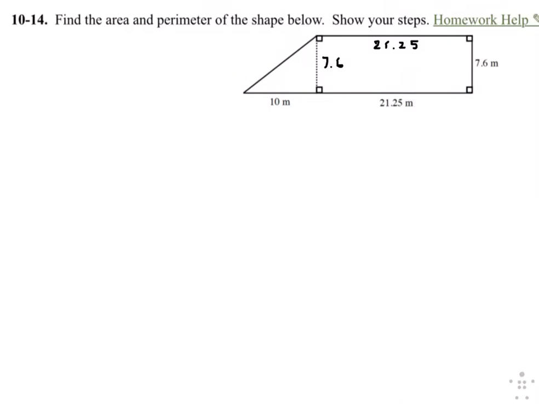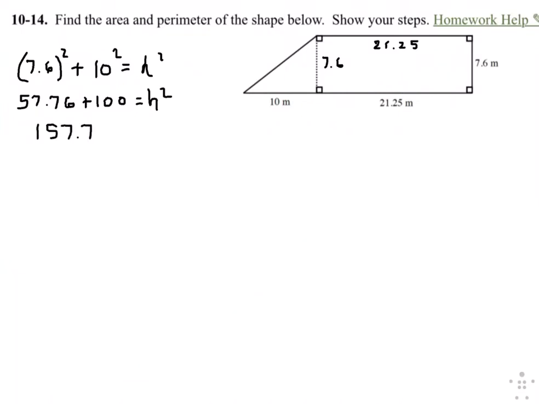So the hypotenuse, this is a right triangle. So it's 7.6 squared plus 10 squared equals that hypotenuse squared, right? So 7.6 squared is 57.76 plus 100 equals h squared. So 157.76 equals h squared. So that hypotenuse comes out to be the square root of